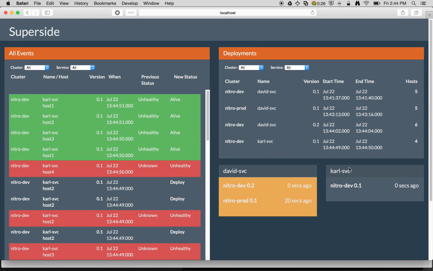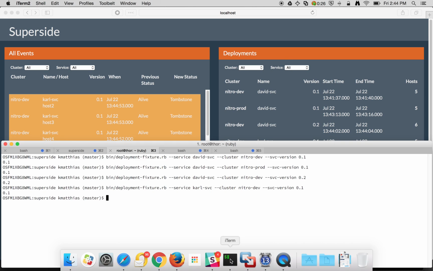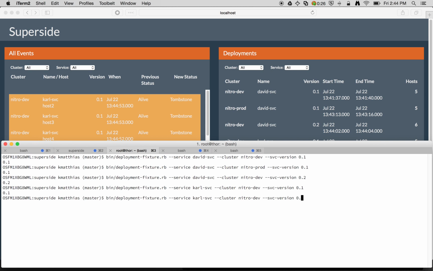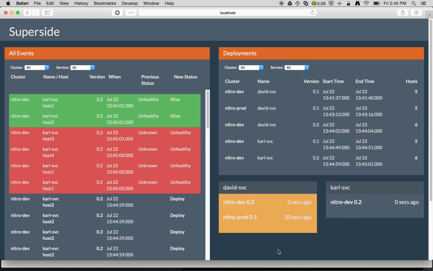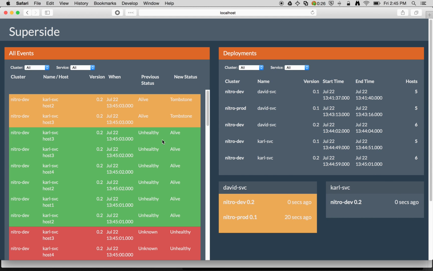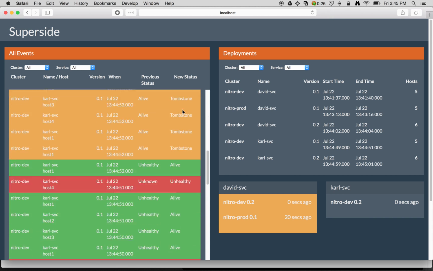As you can see, the curl service shows up over here, and we can go ahead and deploy another version of the curl service as well. Let that go into dev. So I think you get a feel for what's happening here, but there's a lot of events now that have come